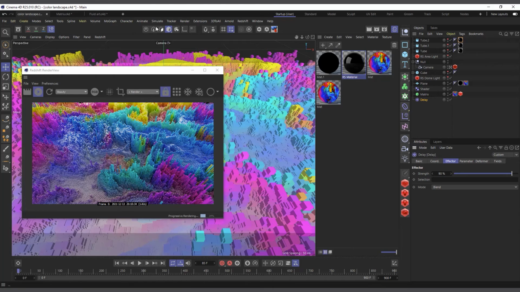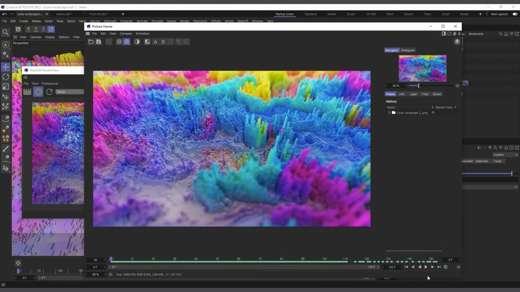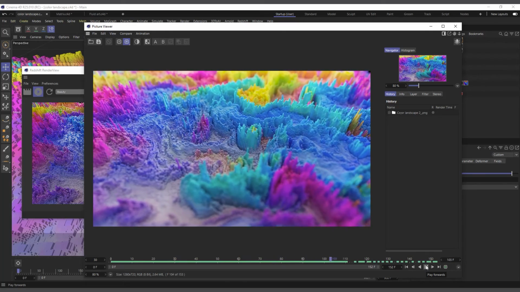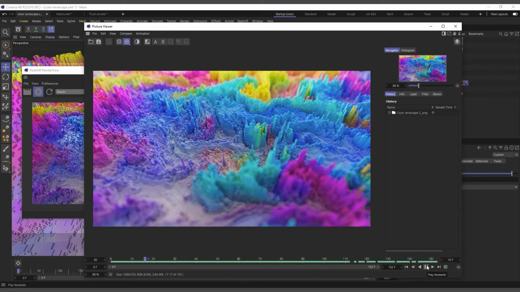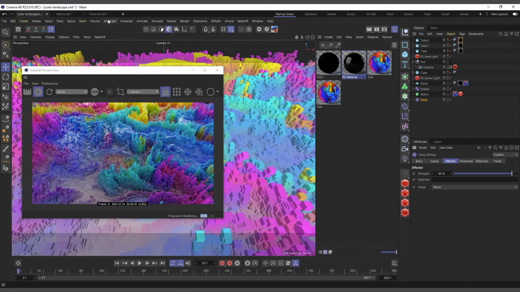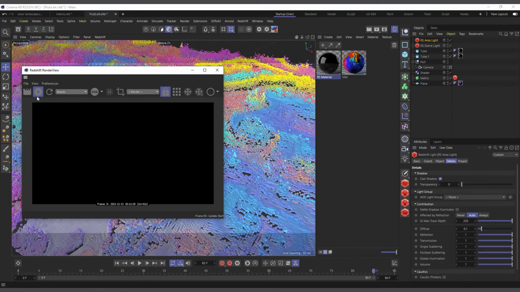So for instance, let me come to my windows, and I'll bring up my picture viewer. You can see in here, this is what I did, just a quick animation, and I added a bit of bokeh in here, and that's quite simple. I can quickly show how I add something like a bokeh. So let me go back to our old scene, right? And this is our old scene. I'll bring it back, and I have my camera set already.